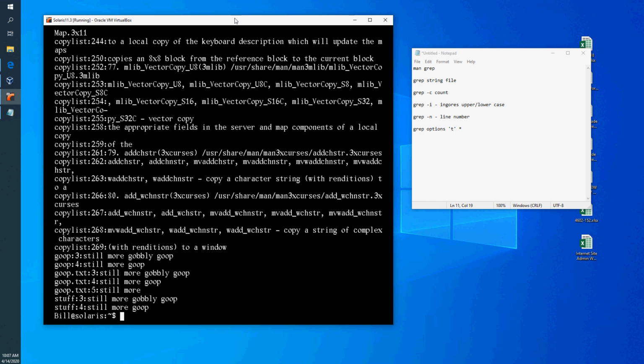In other words, it only looked at the files in the current directory. It did not go into subdirectories. All right? Now, this is the difference between Unix and Linux. And depending upon the flavor, if you want to do a search for files and look inside